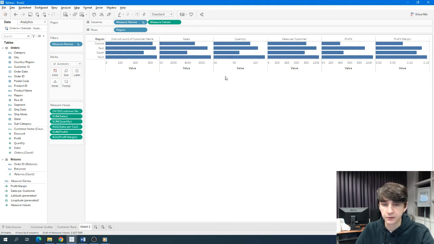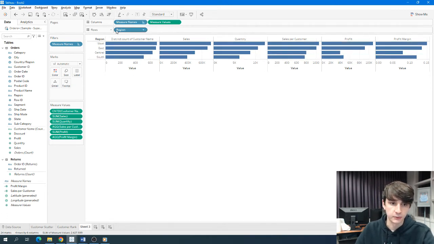So now we have our bar charts set up the way we want. Let's now do some sorting. So we're going to actually sort in descending order. That way it looks like west is our best performing, and it goes down to south, which is our worst performing. So then we have this set up, and we're just going to format now some of our bar charts